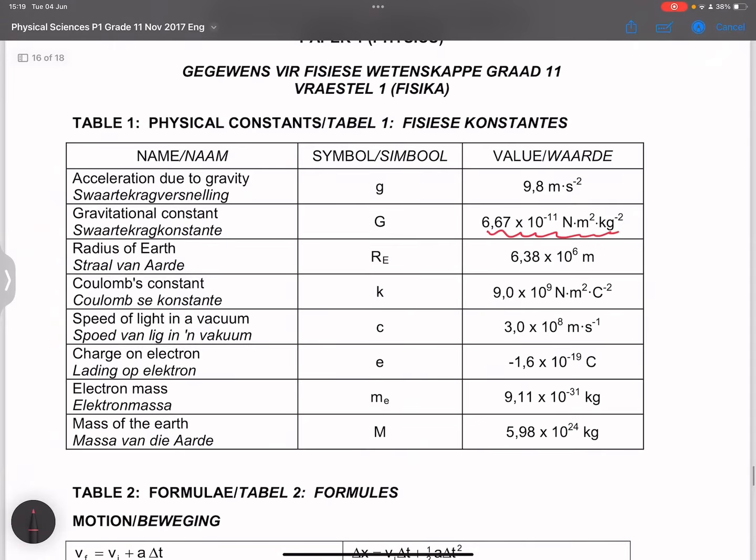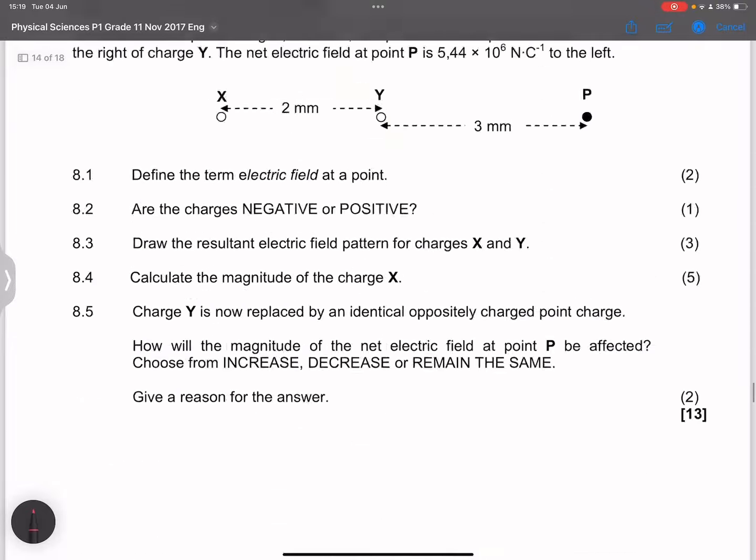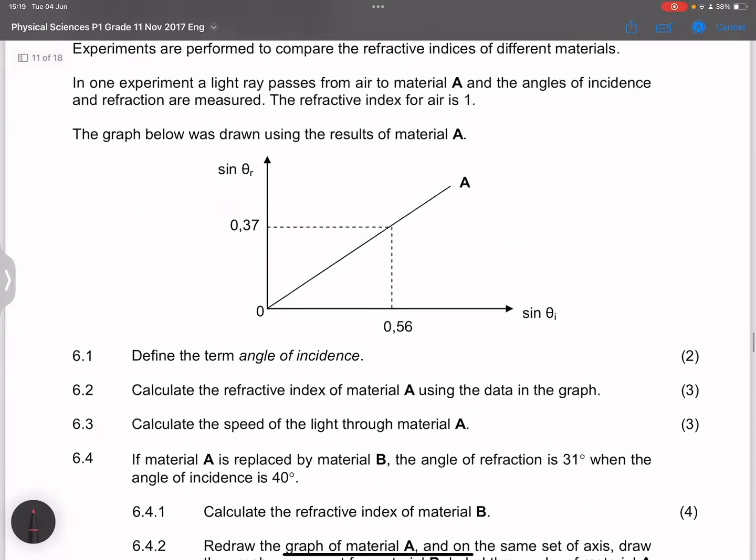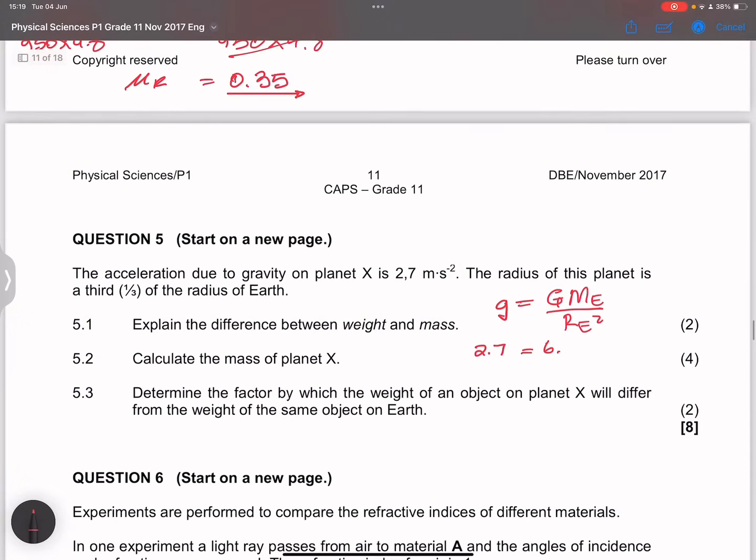And we are also given the mass of the Earth, right, which is 5.98, and we are also given the radius of the Earth. However, this time around, we are looking for the radius of this planet. Okay, so let's try and look for that quickly. Right, so, okay, there it is there. Right, so they said to us the radius of this planet is a third the radius of the Earth. So which means this is going to be 6.67 times 10 to the minus 11 multiplied by,